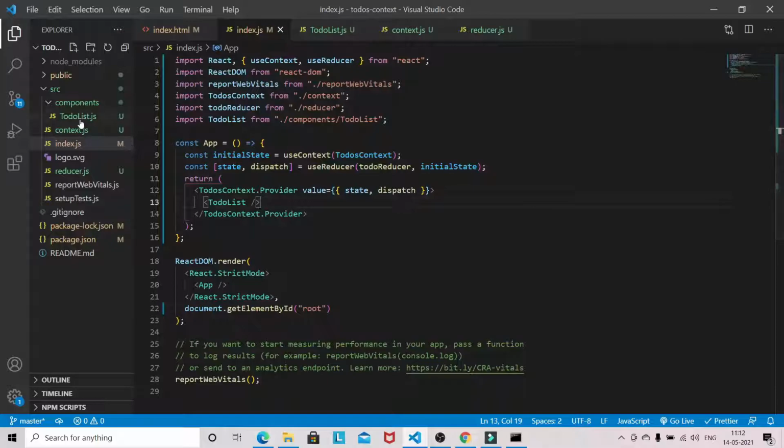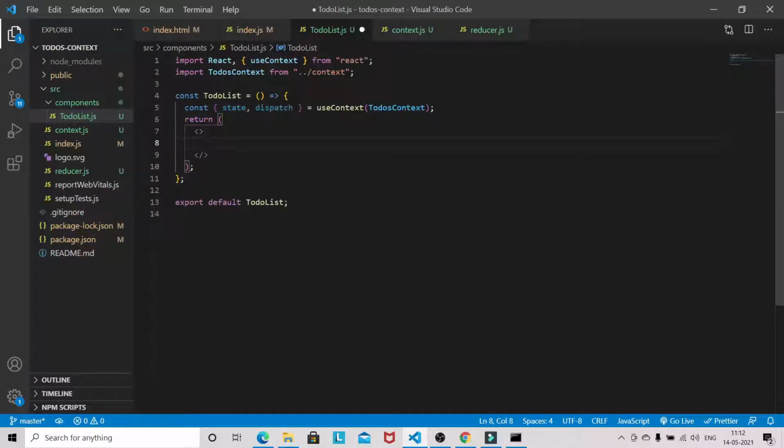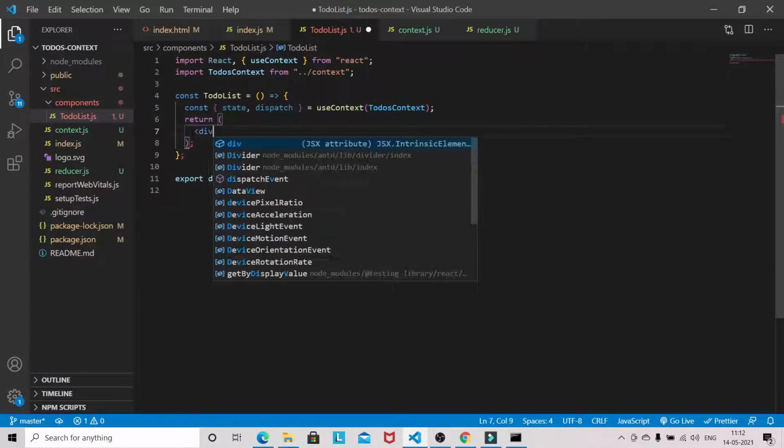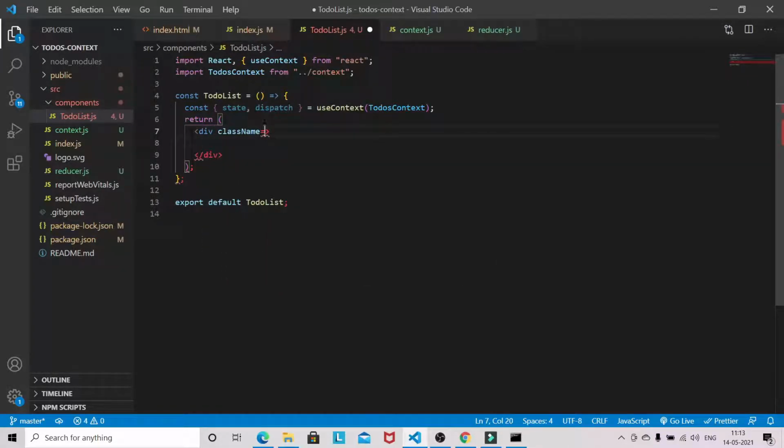Okay, so let's do some styling first. So come to to-do list, and as of now just remove this one, and we will be using div. Okay, and providing the class name here, container fluid.